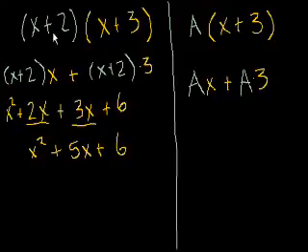So all we did, there's really nothing new to learn here. We just distributed the x plus 2 times each term of x plus 3, and we got the second step. And then we distributed this x times x plus 2 and this 3 times x plus 2 and simplified. Let's do a couple of problems, and hopefully it'll hit the point home. Let's say I had 5x plus 9